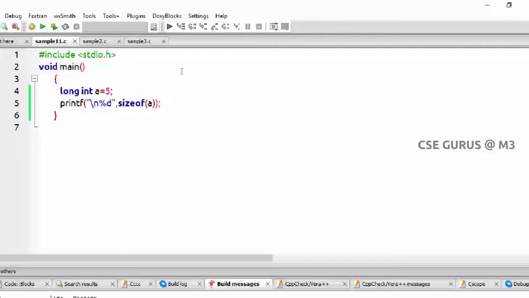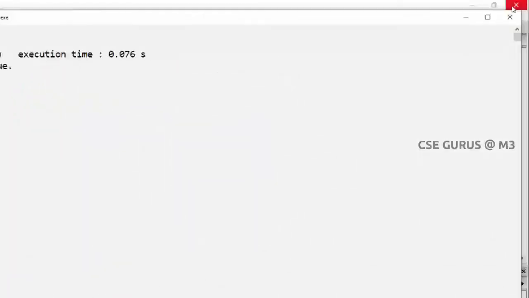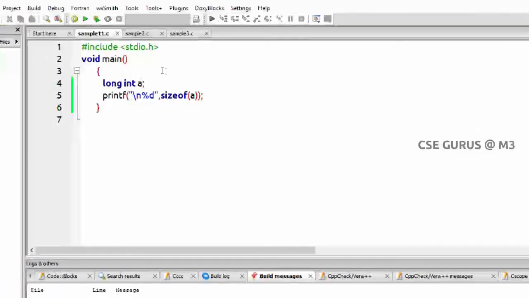Even if you don't give any value, there is no error. Why? Because it is all with respect to the data type. You can see the answer, and you can find it for anything. If you don't know how much a data type is taking in a particular compiler, let us suppose double, then I can keep double and write like this.